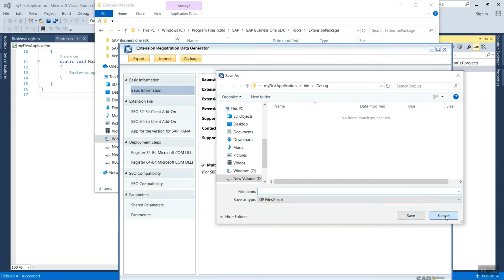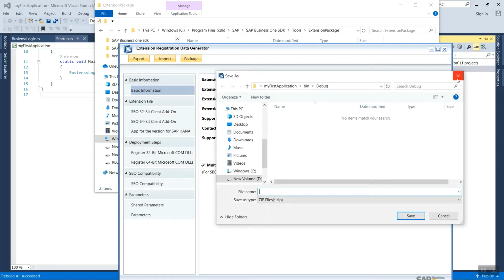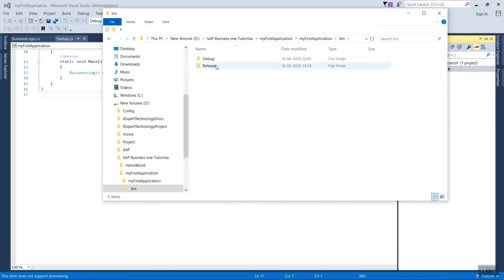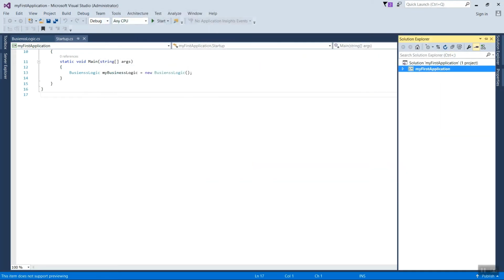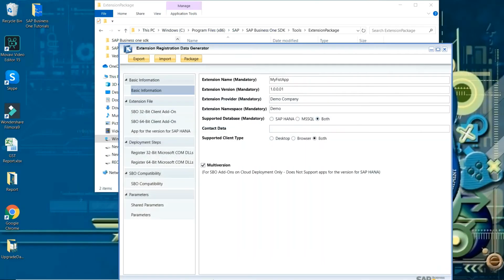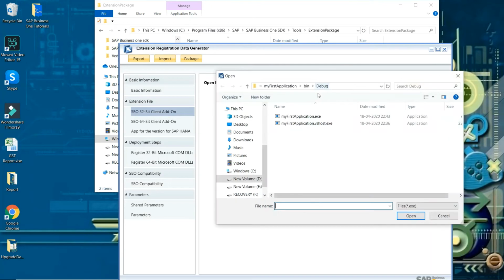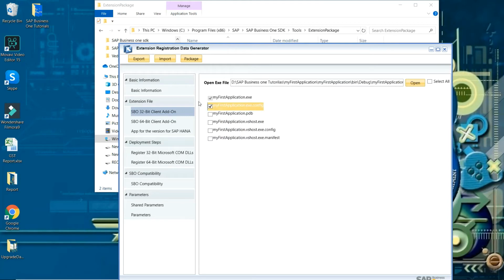Now we need to select the files of our solution. Have done it.